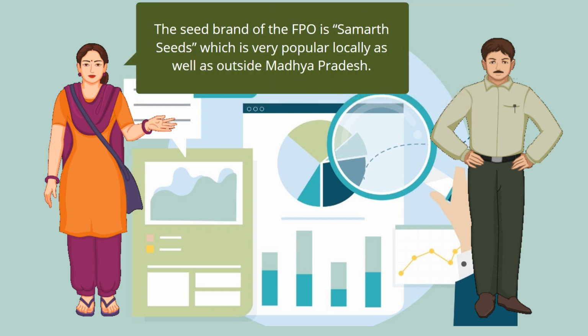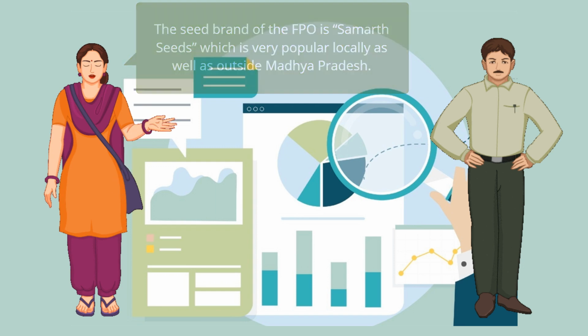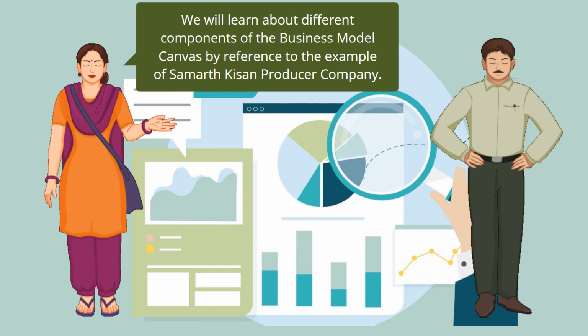The seed brand of the FPO is Samarth Seeds, which is very popular locally as well as outside Madhya Pradesh. We will learn about different components of the business model canvas by reference to the example of Samarth Kisan Producer